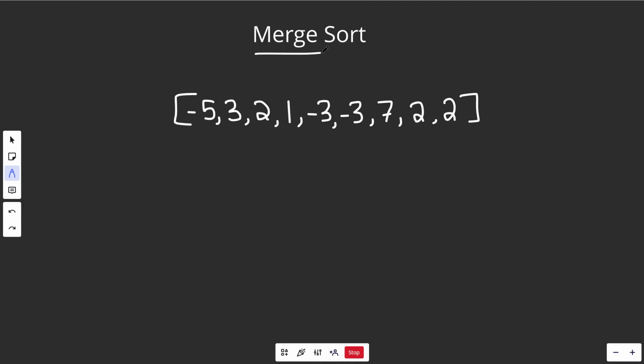Okay, now let's do a merge sort. So merge sort is a recursive algorithm. It's very, very fast, and you might see it be called a divide and conquer algorithm, and we'll see why shortly. Okay, so what we're going to do is get an index m to be the middle of this array,